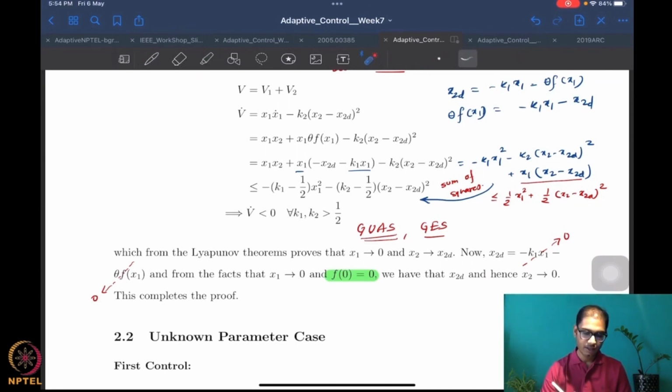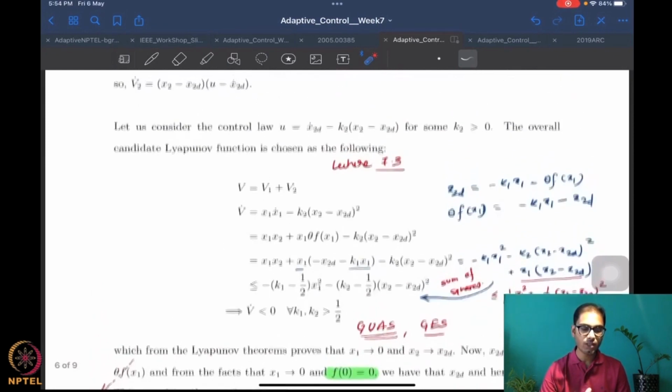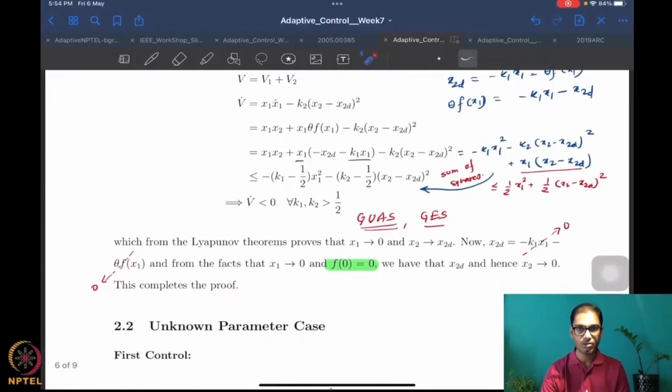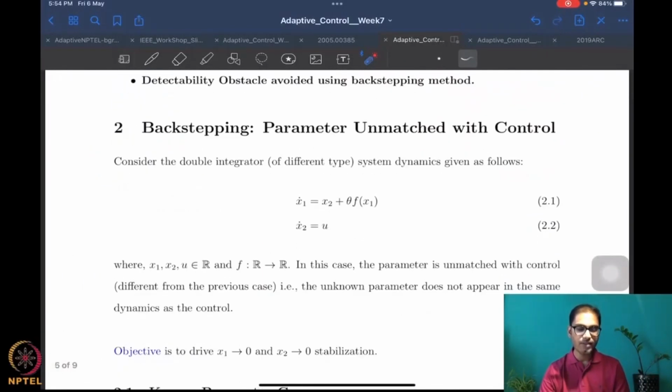This is an assumption. And if we do have such an assumption that f at 0 state is 0, then you have that x2 goes to 0, and we are done. All right. Now, one might be tempted to argue about the reasonableness of this assumption. Now, why one would say that this assumption is in fact reasonable, well, at least reasonable, is that